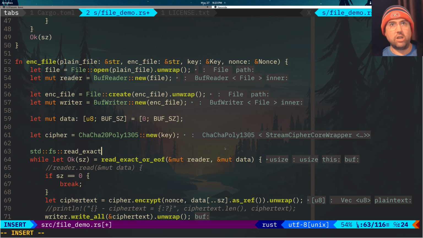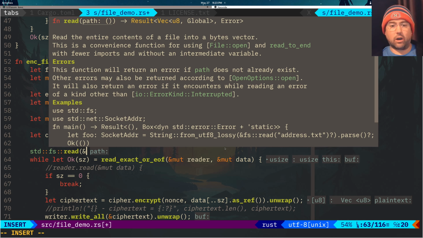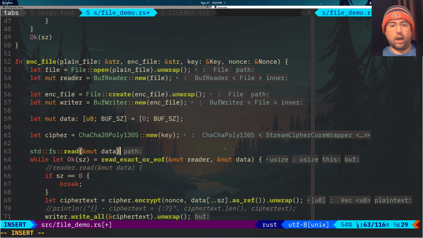Neither one of these are exactly what we want. So if we do a read into our mute data, our mute data is 50,000 size. And for encryption purposes, I want to ensure that I get exactly 50,000 bytes here. Because if I do a read and I ask for 50,000, but the kernel only gives me 40,000,